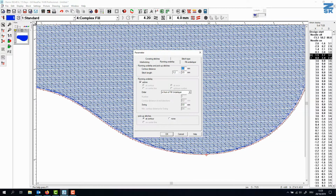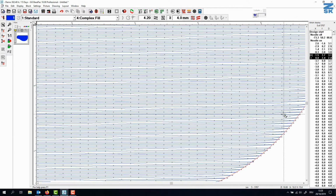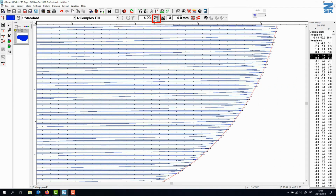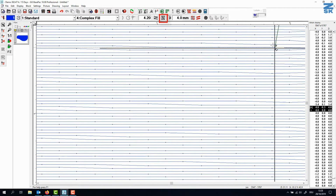Now let me have a look at the parameters. I will switch off the underlay so that we can look at some other aspects. You can see here our contour type is this one. That means that my lines are parallel and in the last moment it jumps to the next line. And here is my filling. This is on rhythmic. If you see here, it says rhythm 3. So this means that